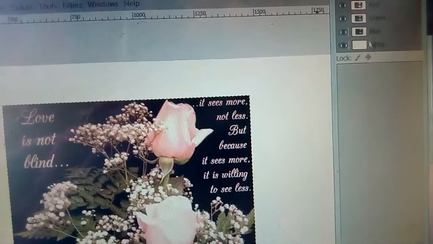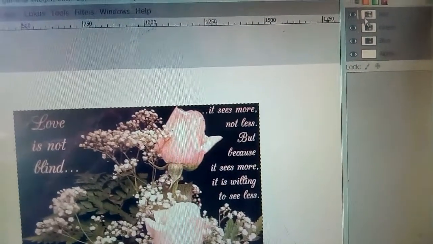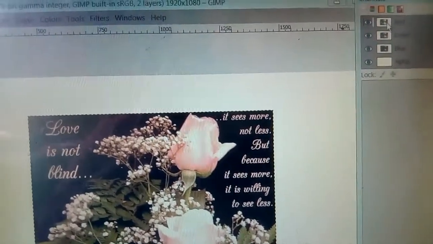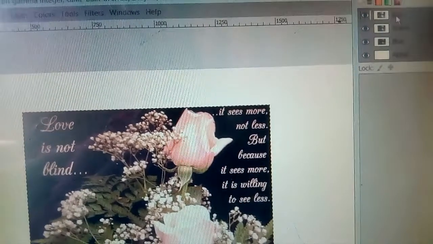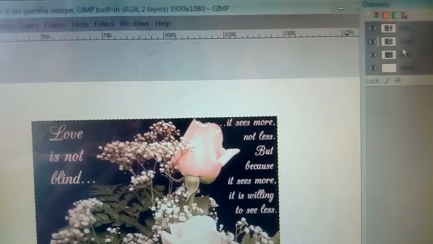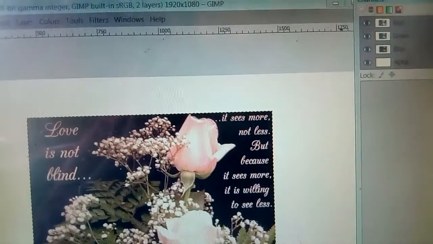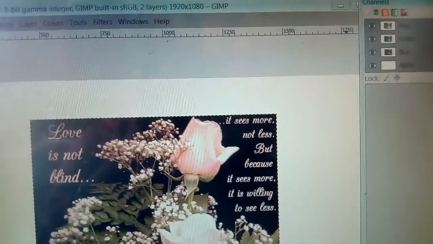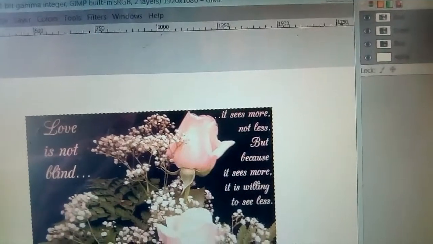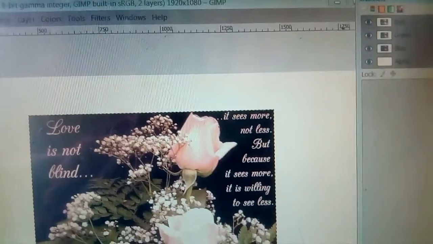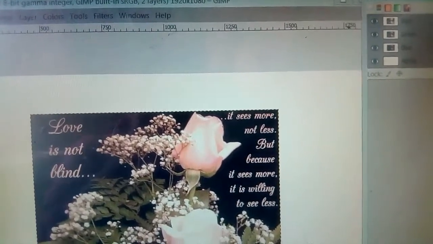So red, green, blue and alpha. It displays the color channels of the image. If the image is black and white, then it displays only one color, that is gray.